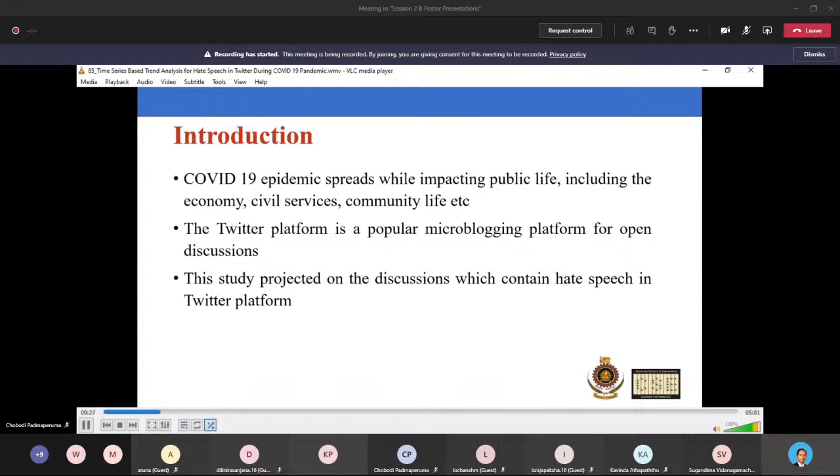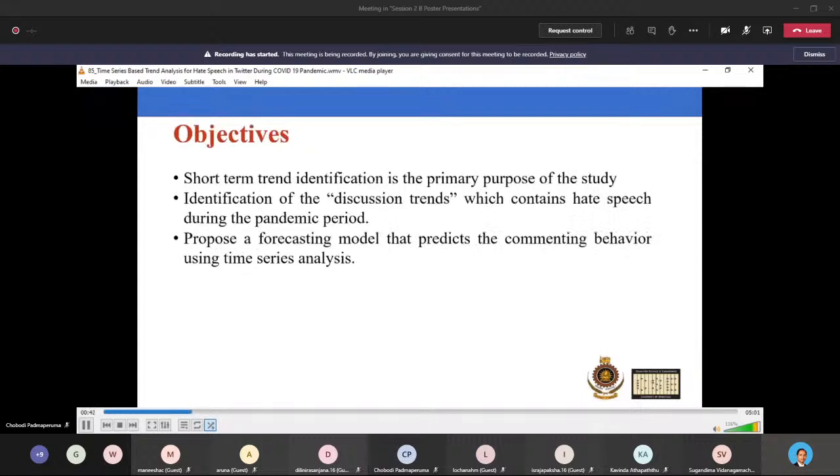Moreover, it provides open-ended discussions to anyone in the world. The study is mainly focused on the hate speech discussions on the Twitter platform during the COVID-19 epidemic period. The main objective of this research project is identification of short-term trends. Most specifically, we would like to state the short-term trend on the Twitter platform